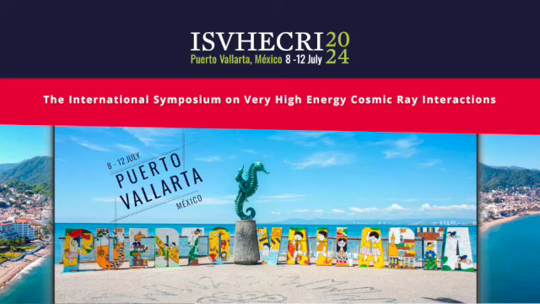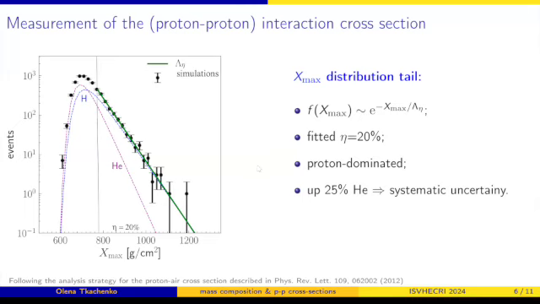The interaction cross sections, in particular, can be derived not only for proton-proton, which I show in square brackets because initially the analysis was applied for the proton-air interaction cross sections in this form, but in principle, both of them can be derived from the tail of the X-max distribution. In the analysis, the assumption is that we fit the last 20% of the X-max distribution,